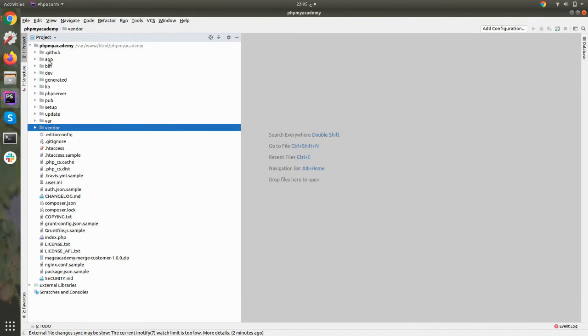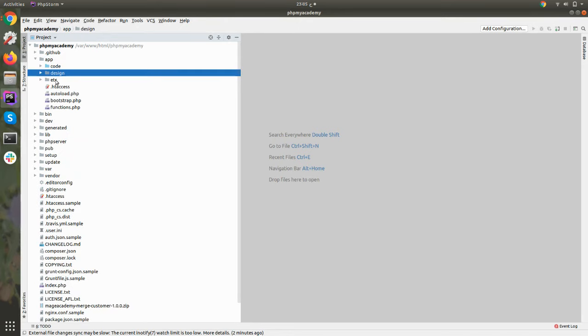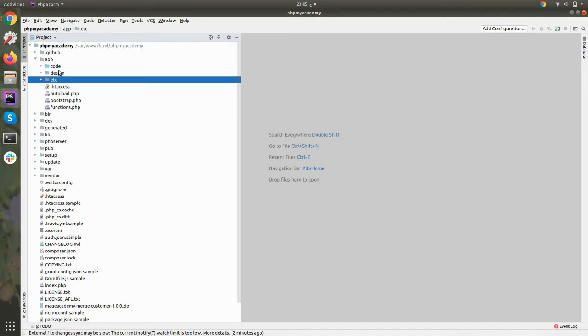First of all, you can see the app folder. In the app folder, you can see the design folder and the etc folder, and also the code folder. But when you install Magento for the first time, you will not be able to see the code folder. The code folder will not be here. This folder is used when you are creating your own custom modules, or if you are installing third-party modules in your Magento.